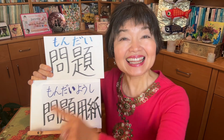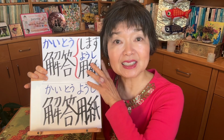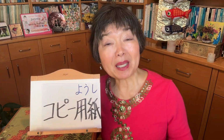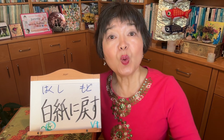Sketch paper, drawing paper, 画用紙. Problems, questions, 問題。Then 問題用紙。This is test sheet. 回答します。This is to answer the questions. So 回答用紙。This is answer sheet. Copy paper or sheet, コピー用紙。